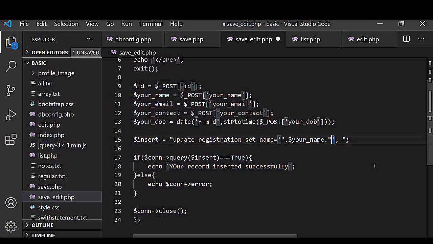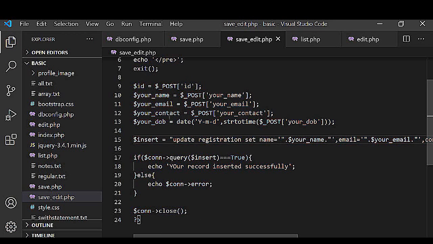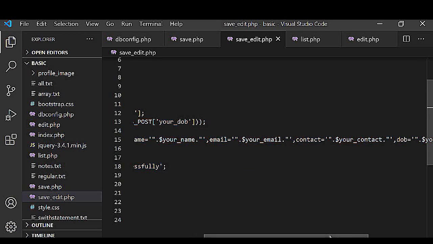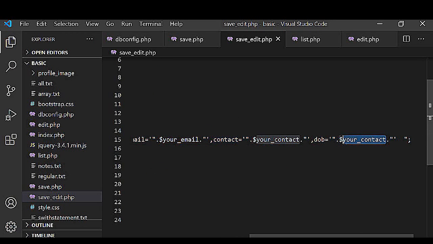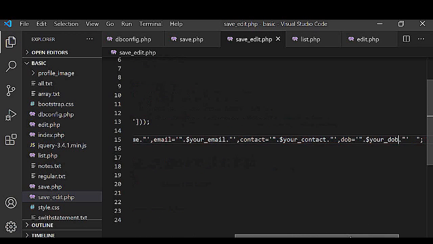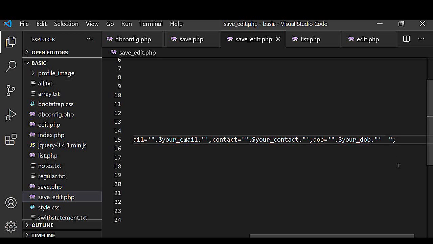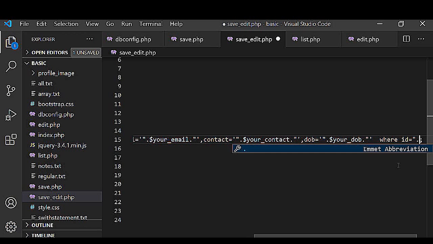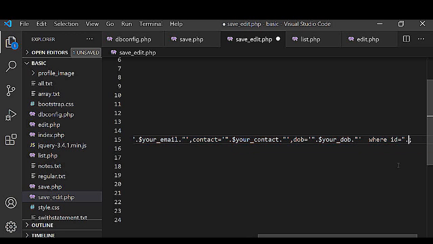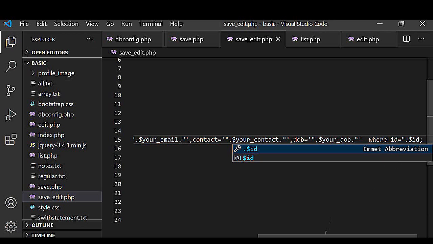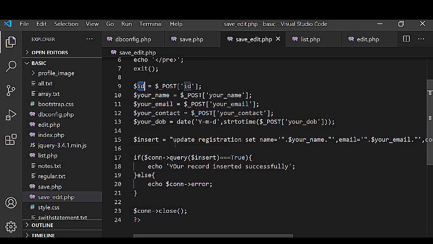And write here all column values. Where id is equal to this id. Okay,